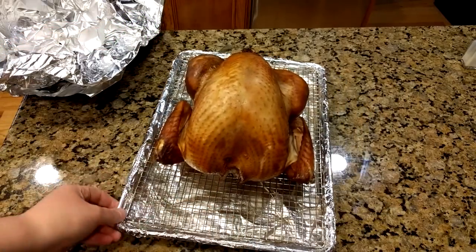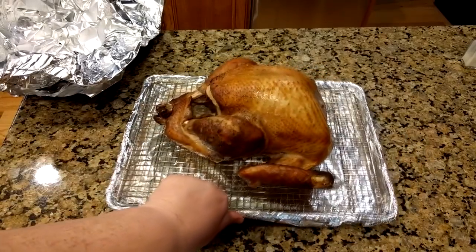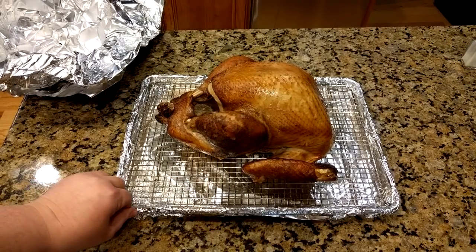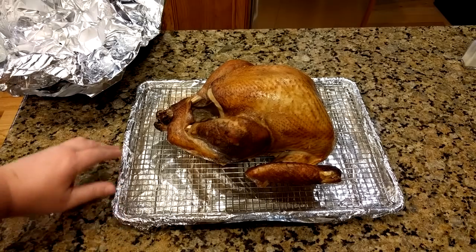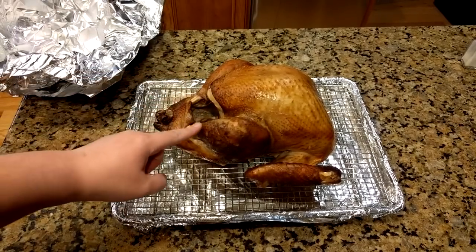So skin looks good, nice color. I'm very pleased and very surprised, actually, and I think the difference between the way I did it the first time and what we see now is due to the dry brining versus the wet brining. So the skin is a little rubbery,